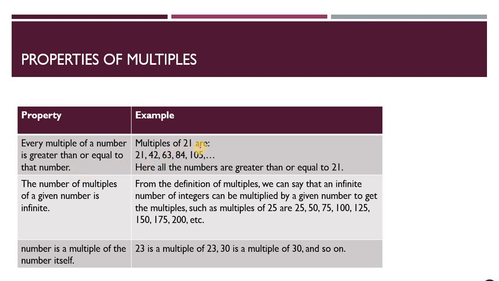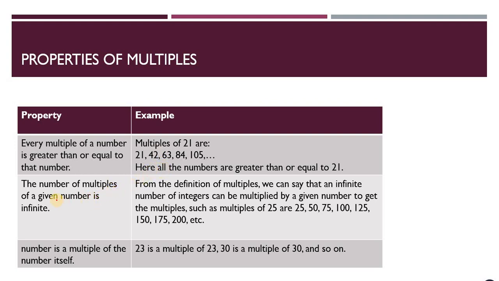For example, multiples of 21 are 21, 42, 63, 84, 105. Notice that we keep adding 21 onto each number after. Here all the numbers are greater than or equal to 21. So the first multiple of a number is itself, where the multiple is equal to the number itself. But after that, since we're adding 21 onto itself each time, those numbers will be greater than